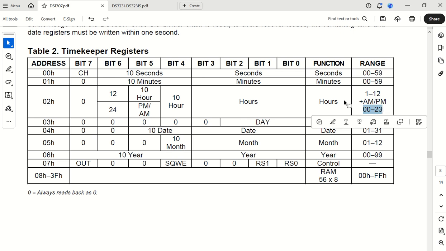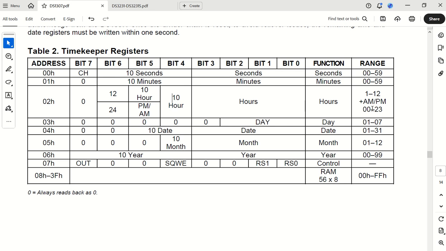Then we can decide if I want this to be in a 24-hour format, so we can have it from 0 to 23, or in a 12-hour format, including an AM and PM. In my specific example, I'm just going to make use of 0 to 23 hours. The maximum we can get to is 23. 20 is 2, in other words, a 1 in the 10 hour and a 2.